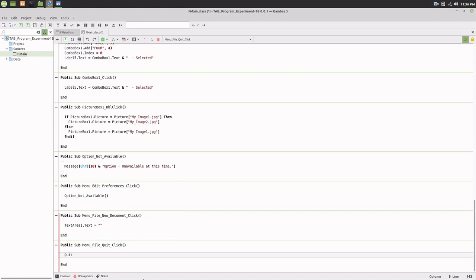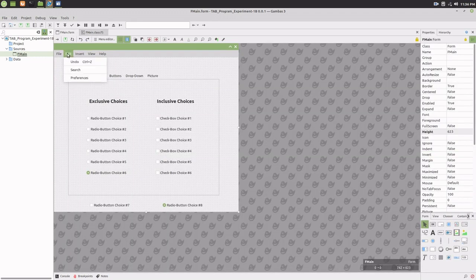Again, return to the fmain form. Since the Edit Preferences menu selection has already been coded and calls the new Option Unavailable subroutine, the next menu item which needs to be coded is the Insert Catchphrase menu option. Select it. Once you have clicked the correct menu entry and are in the Menu Catchphrase code block, add the